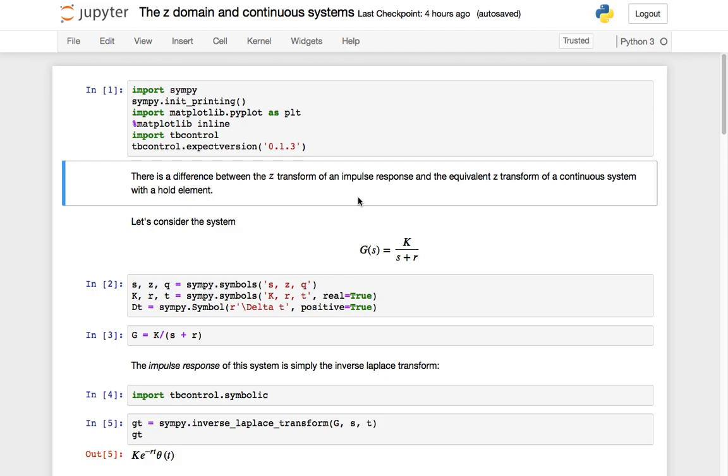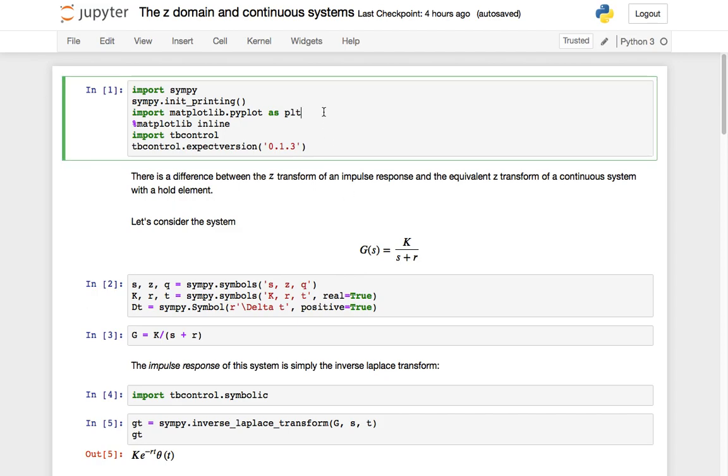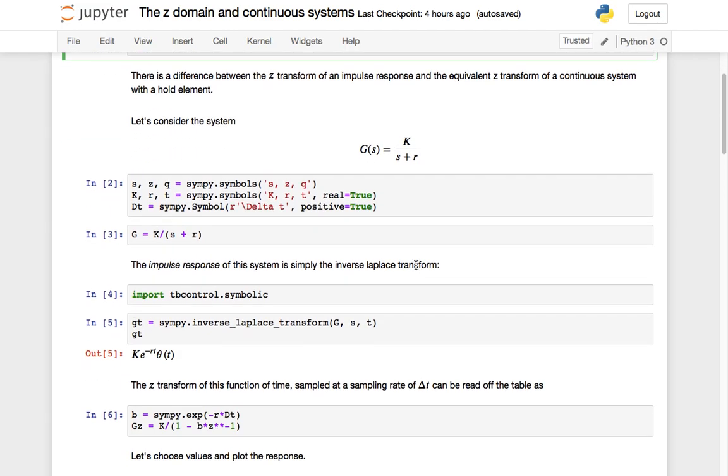A commonly misunderstood idea when we get to the Z transform section is how do we get from a continuous transfer function to a discrete transfer function? And there's a couple of different answers. So you have to keep your wits about you. In the datasheet, we have tables which relate the impulse response of a transfer function to the equivalent Z transform